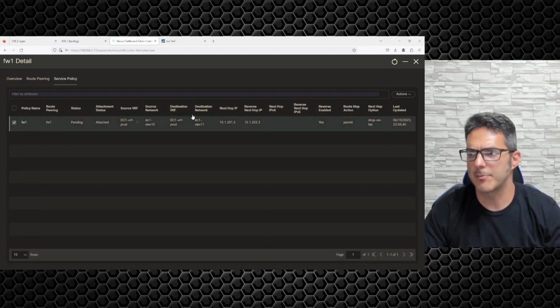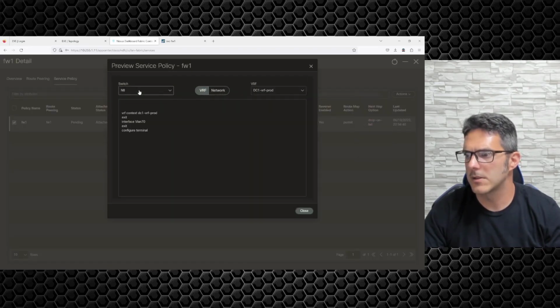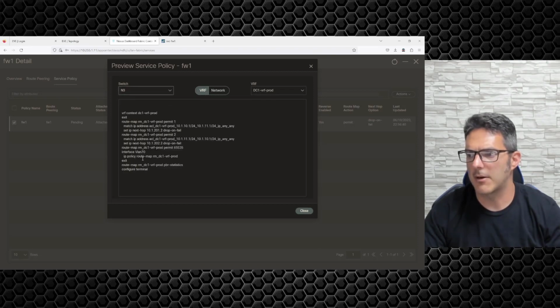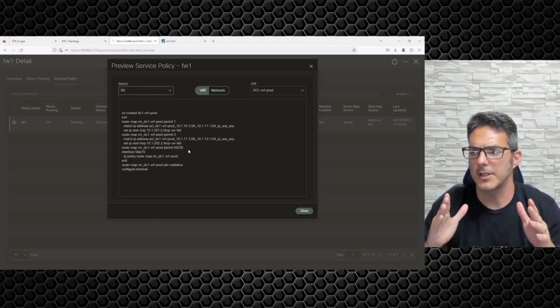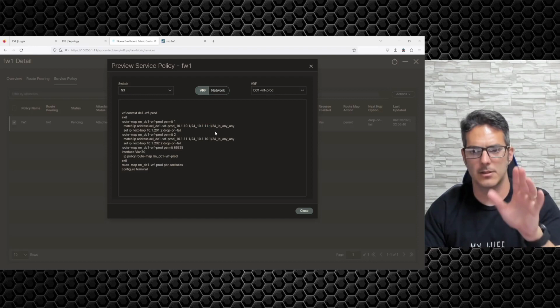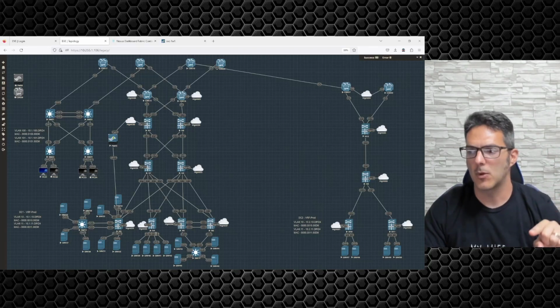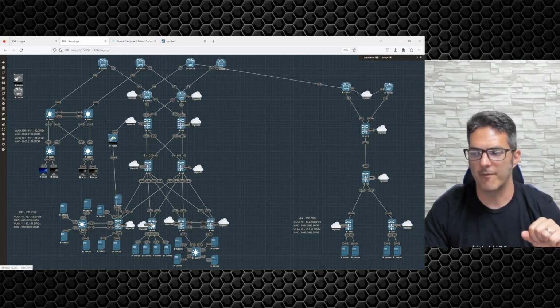And if we look at the service policy and we preview that for N3, it's the same thing. The policies are there, but in case you don't understand the flow of this, any traffic that comes in on any interface, coming from 10.1.10 to 10.1.11, is going to be redirected. Regardless of which switch it's attached to, it's going to be VXLAN encapsulated from whatever switch it's attached to. Let's say it's on 4, I'm going to go from 4 to 3,